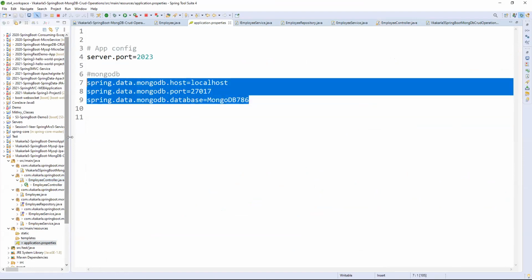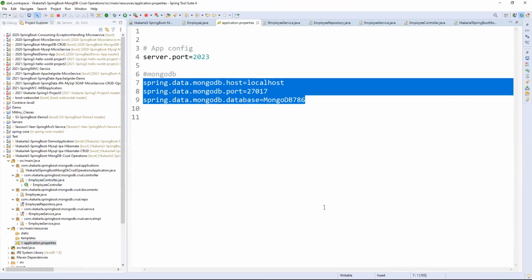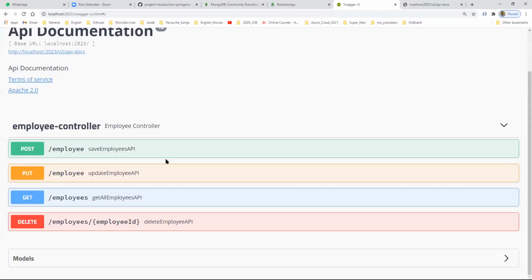So these are the MongoDB CRUD operations. It is very simple. You are understanding very well, because you understood the previous class, so you are able to understand these operations easily, right? Got it? So these are the 4 operations: one is post, one is put, one is get, and one is delete. This is MongoDB.